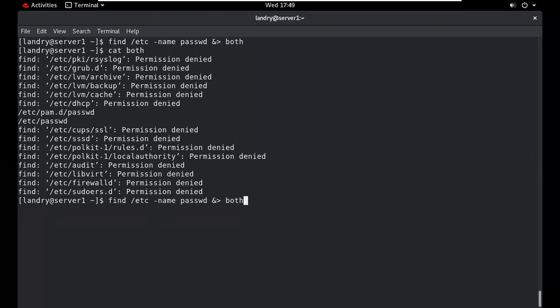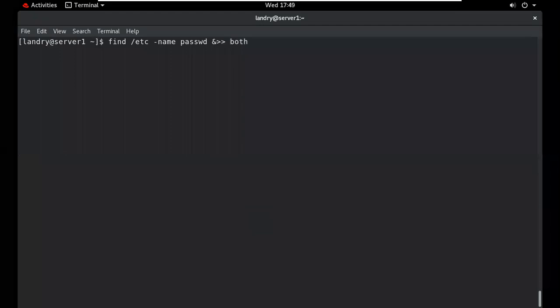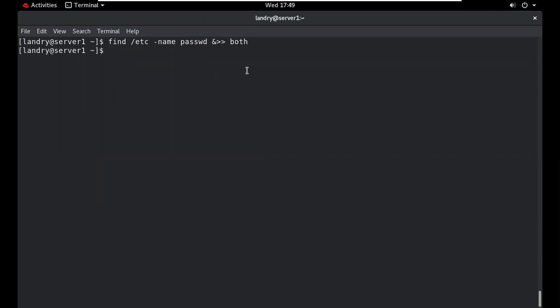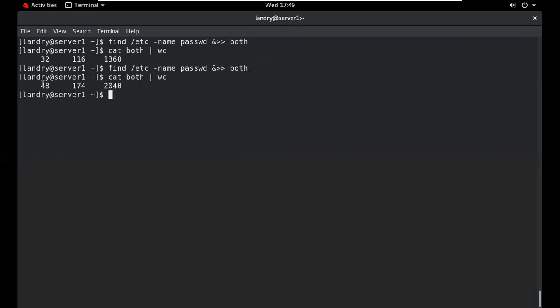And we want to redirect this. We have another output, another error, and we want to save these error outputs in this particular file. So we can check. Now you can check how many lines we have at this time. We have 32 lines at this time, and we want to redirect another time. So now we append these lines. Now how many lines do we have? At this time you have 48 lines.